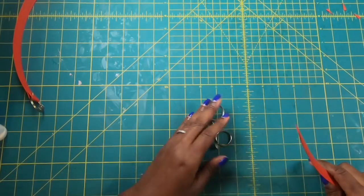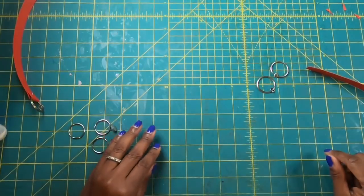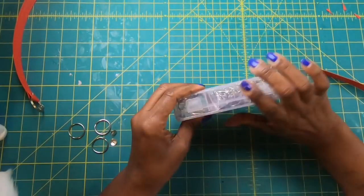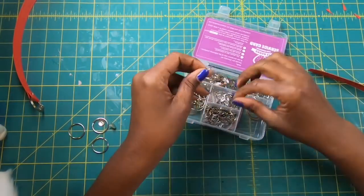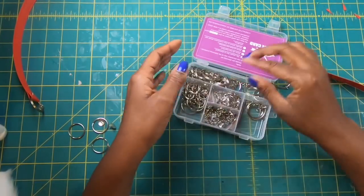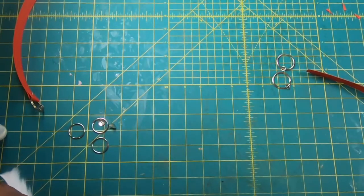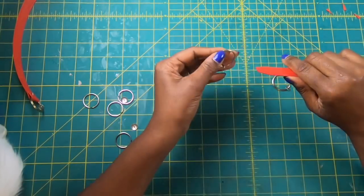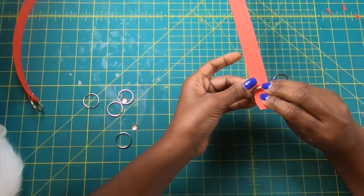And then I'm going to bring my chains back in. And you can make your links as long or as short as you want. And by the links, this is what I mean. When you open this up, you've got these wonderful chain pieces. And you can extend the length of your handle chain if you want. On these bags, I'm going with a smaller chain because I think it just looks better for this size bag. So all I'm going to do at this point is just feed this through, and I'm going to bring it up